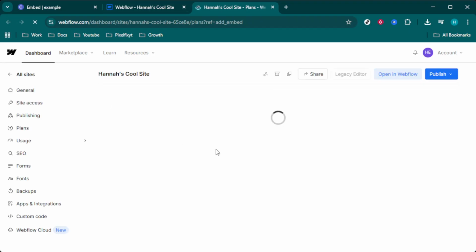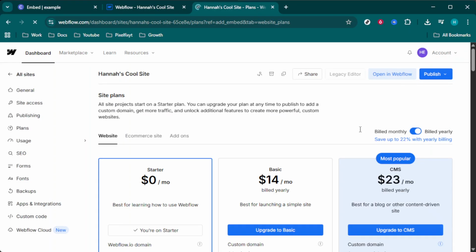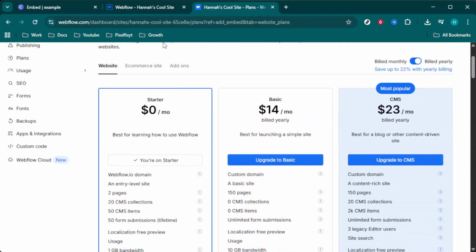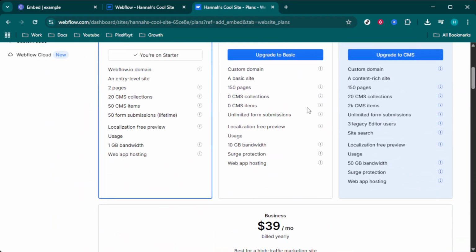Click on Publish in Webflow, and after a few moments, your Circle.so community widget should appear seamlessly on your Webflow page. And there you have it. By following these straightforward steps, you've successfully integrated Circle with Webflow, enhancing the interactivity and community engagement